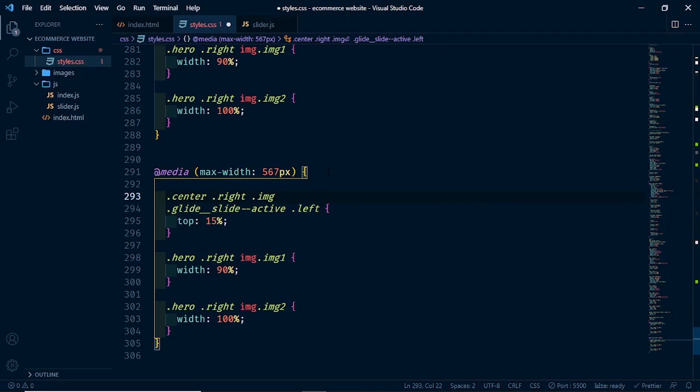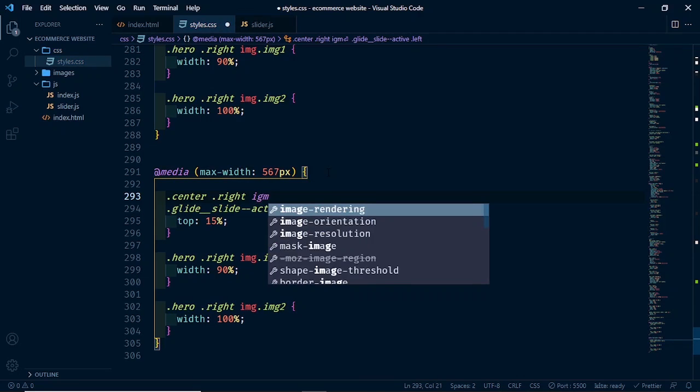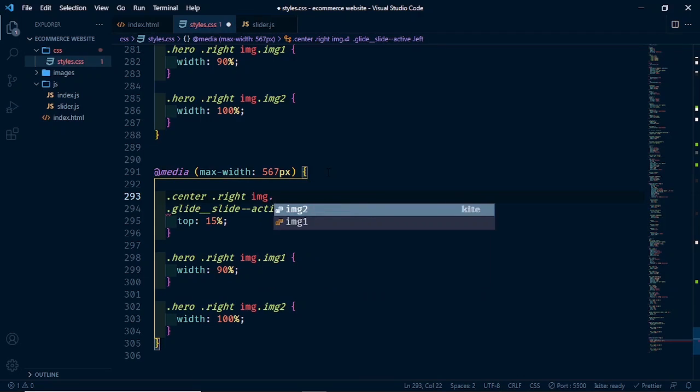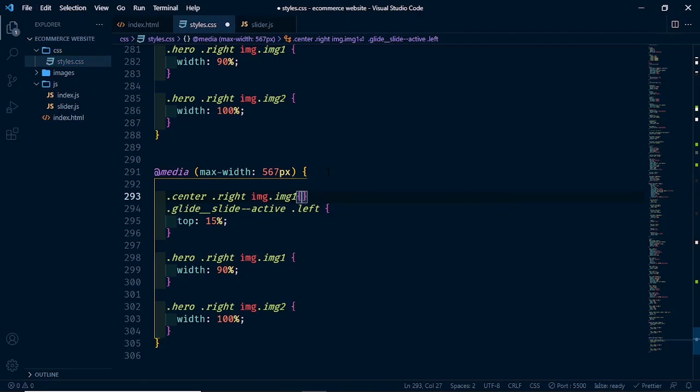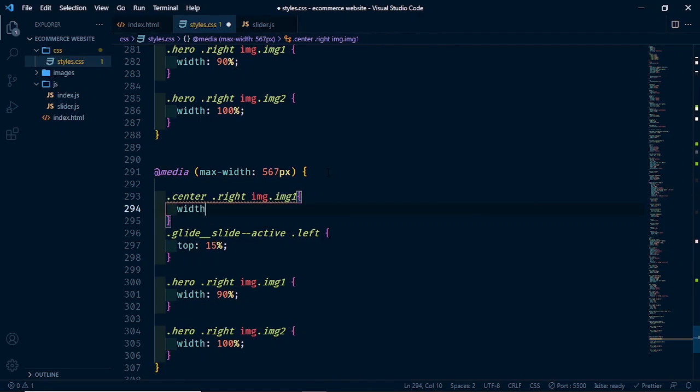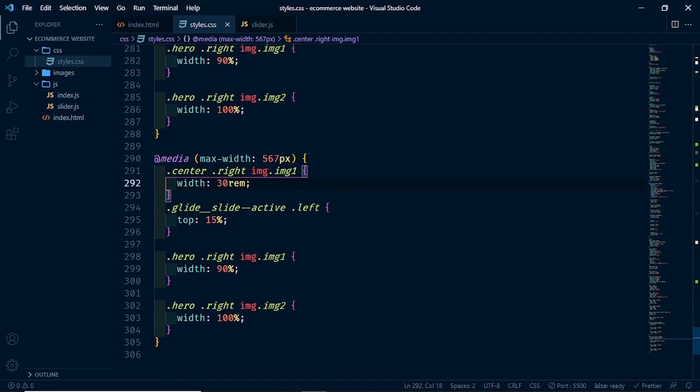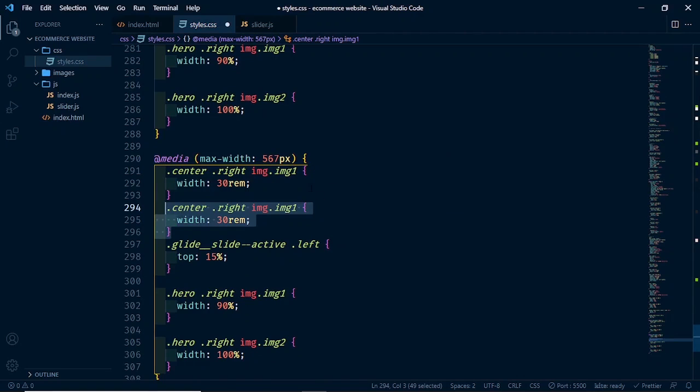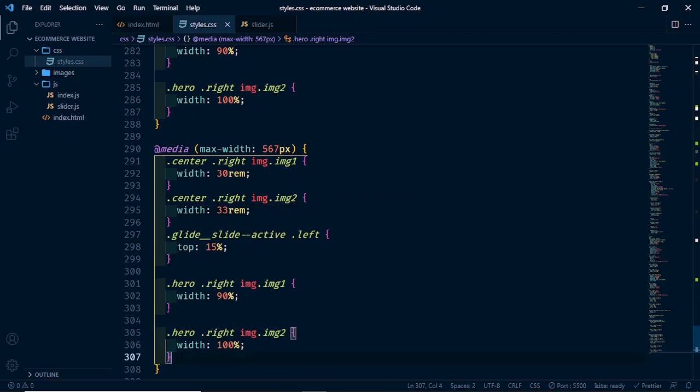Let's select our image. Then we want the img1, and let's set width to 30 rem. Let's copy this down, and let's change this to 2, and let's change the width here to 33 rem. Sorry. Let's remove this,